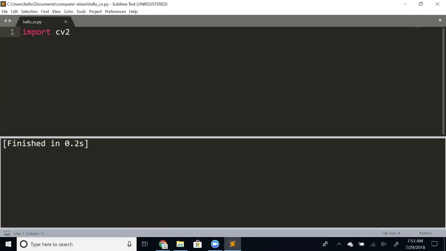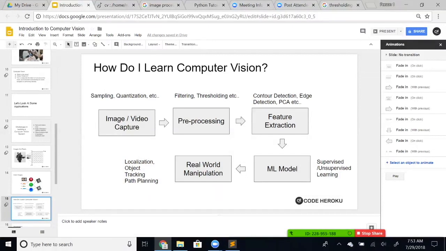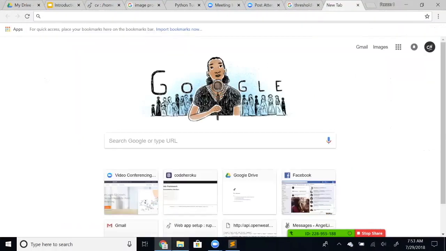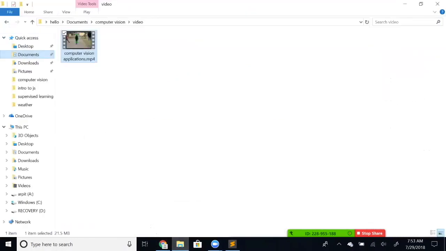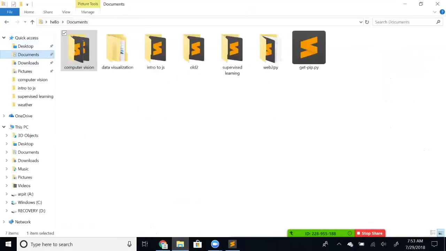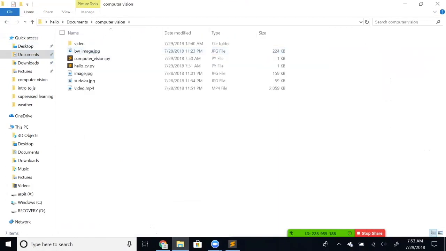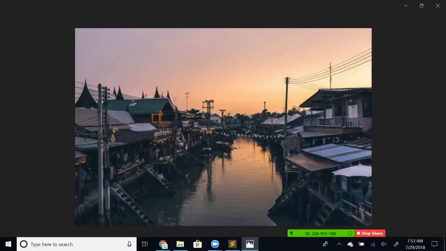What I want you to do is take any image that you might have on your computer, or you could just go to Google Images and pick any image from there, and place it inside your folder where you have saved this file. I am inside this folder called computer vision. I have this image called image.jpg in the same folder.